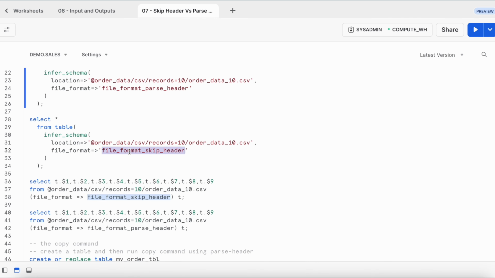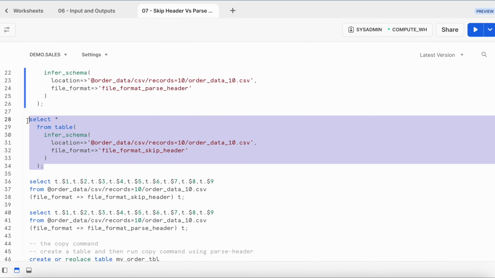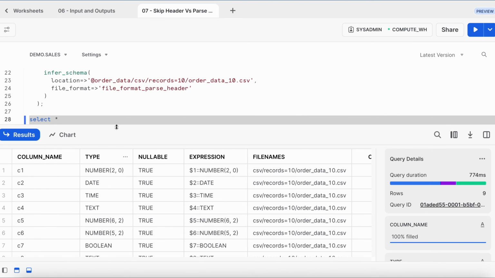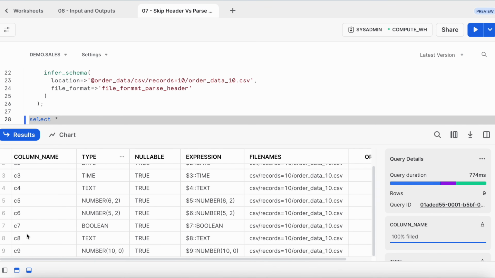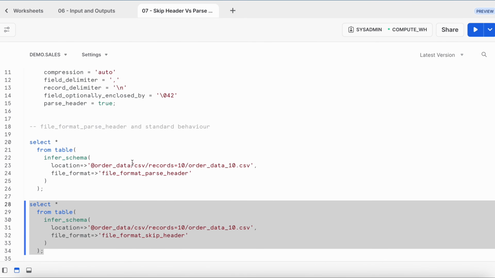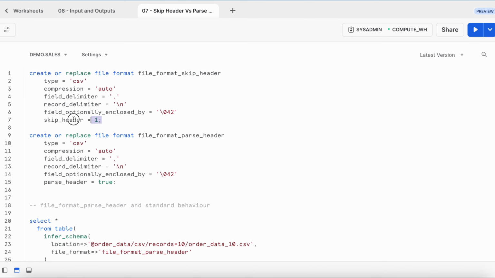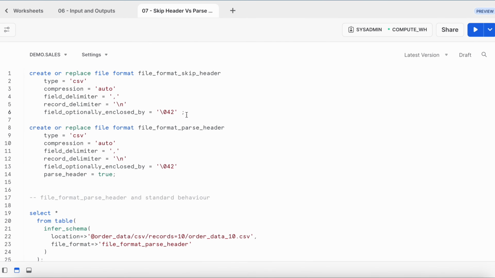Now if I just change my file format from parse header to skip header, let's see what happens. Since skip header value equals 1 in the file format definition, it has taken the column names as C1 to C9. So even if I give this value skip header equals 1, 2 or 5, it really doesn't matter. Now what if I remove this parameter and recreate this file format